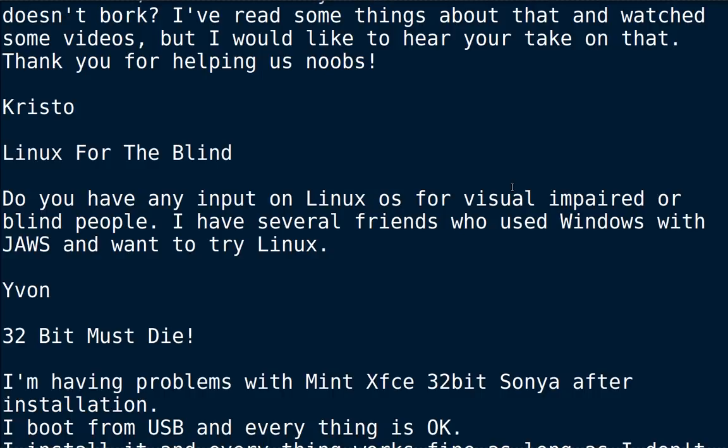What I would like to see is more attention paid to this in the Linux world, because as Linux becomes more and more of a mainstream choice for desktops, more folks who need a computer designed for somebody who has no sight at all to be able to navigate are going to need this, and I think more attention needs to be paid to it. So if you guys are watching this out there, raise awareness about it, and you might want to look around for yourself, and if this is something that's important to you, you might want to let the developers know.